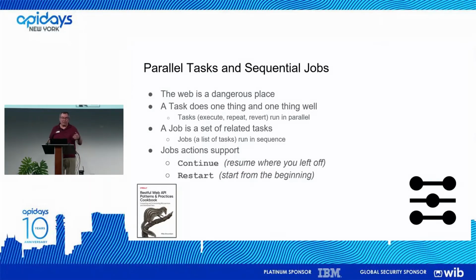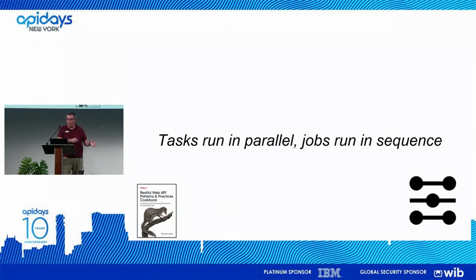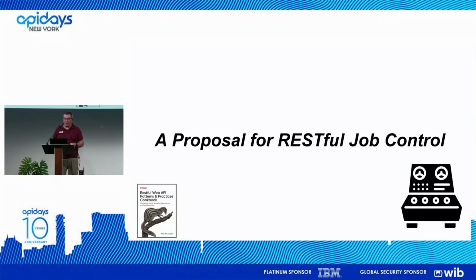So jobs can support a continue action as well. The idea that something went wrong, I had to phone home, Mike, can you help me? I rearranged something and I said, okay, keep going. Right? Just like we do with batch jobs today. Anybody who's worked in batch knows how to do this as well. Or I may need to restart from the beginning, give it some early values, beginning values, and restart the whole job. So jobs, along with this idea of canceling, need this idea of resuming and restarting. So tasks run in parallel, jobs run in sequence. This is a language that we need to get used to thinking about.